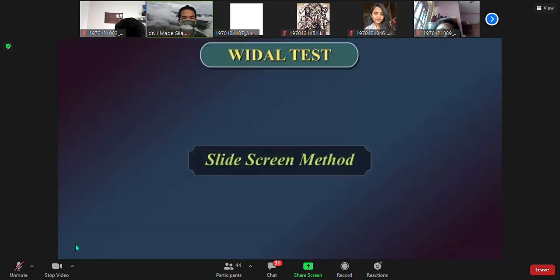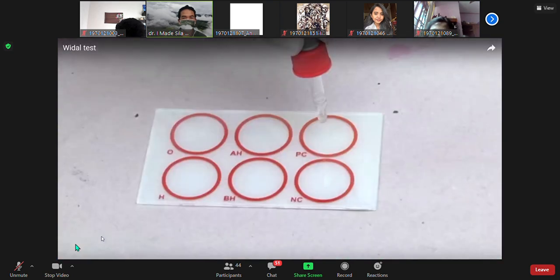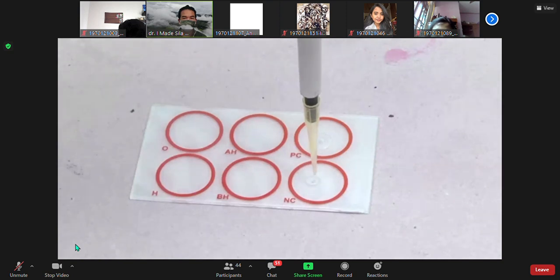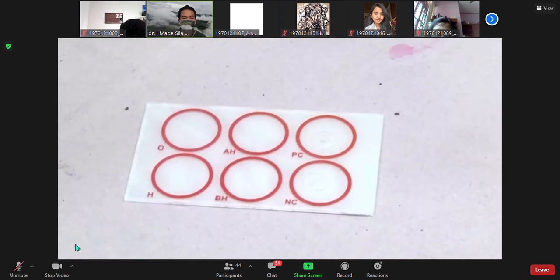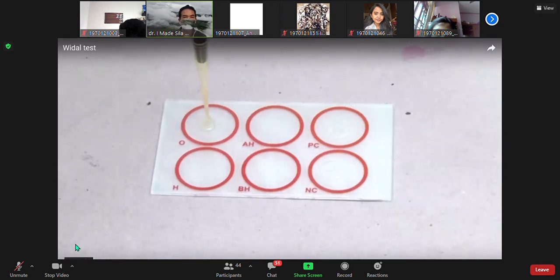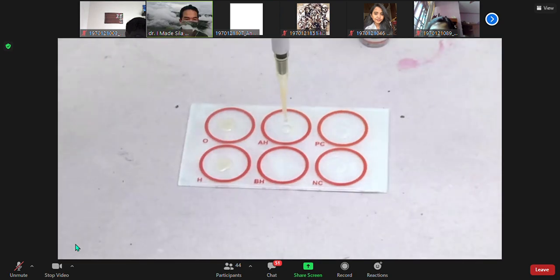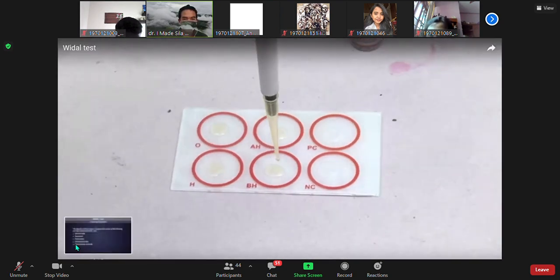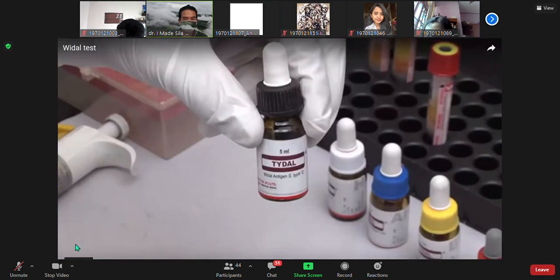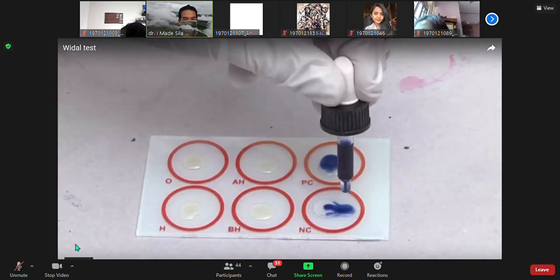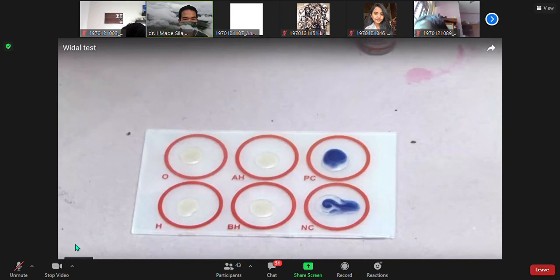Slide positive control onto a reaction circle of the glass slide. Place 50 microliters of physiological saline onto the next reaction circle of the glass slide. Place 1 drop of patient serum to be tested onto each of the reaction circles. Add 1 drop of O antigen suspension to the reaction circles containing positive control and physiological saline. Add 1 drop each of the antigen